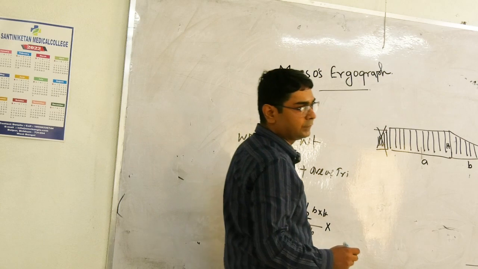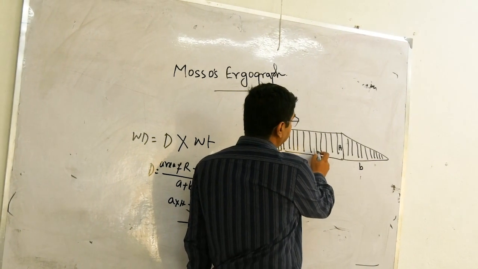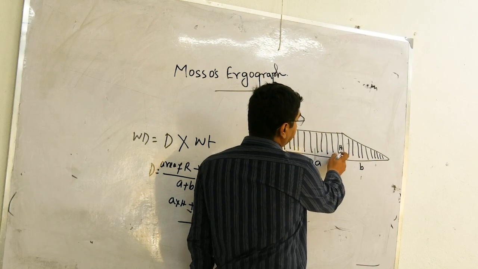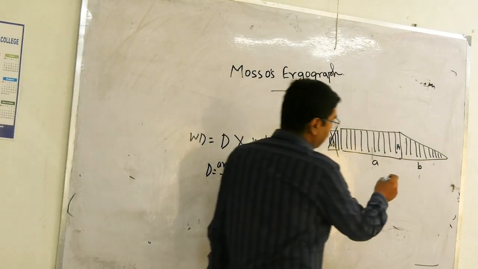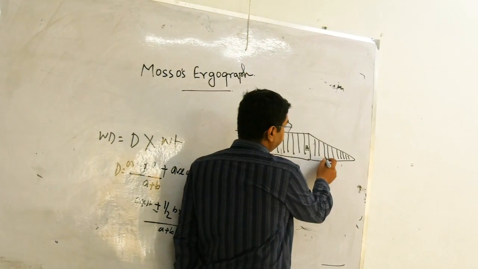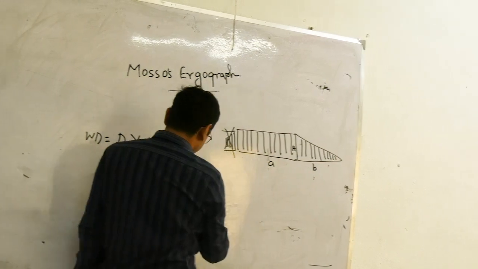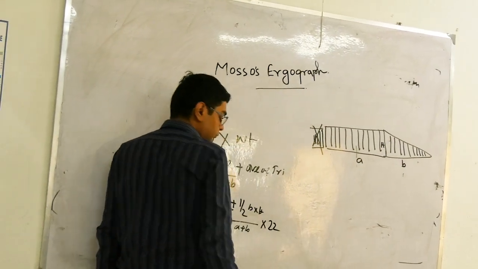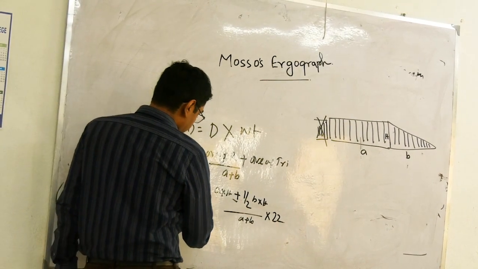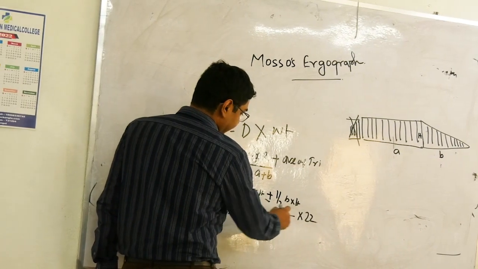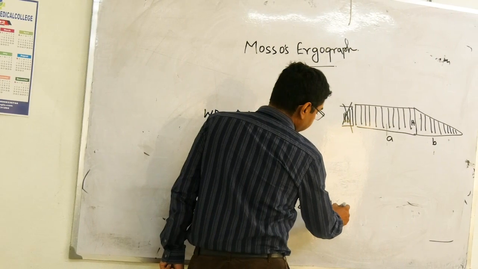number of contractions। Number of contractions এখানে মেজার করতে হয়: 1 2 3 4 5 6 7 8 9 10 11 12 কন্ট্রাকশন। আর তার সঙ্গে ট্রায়াঙ্গেলের কন্ট্রাকশনগুলো মাপ: 13 14 15 16 17 18 19 20 21 22। তাহলে number of contractions হলো 22। তাহলে আমাদের work done যদি করতে চাই, এটা into ওয়েটটা ধর 1 কেজি আছে।